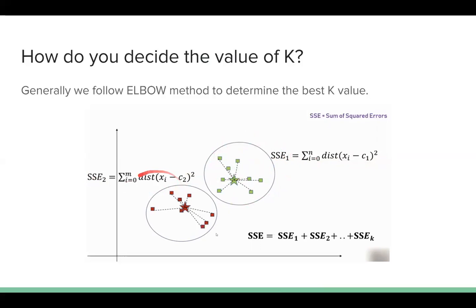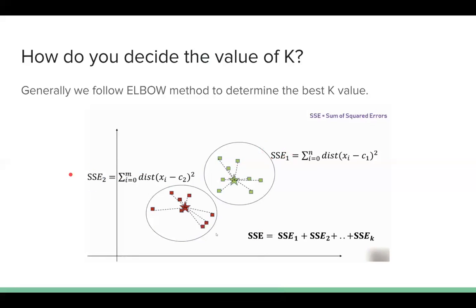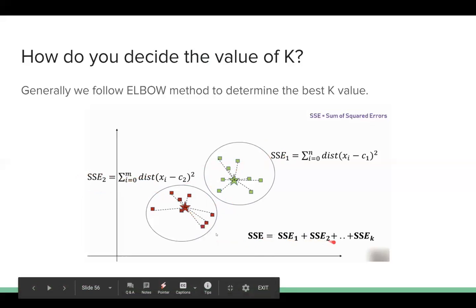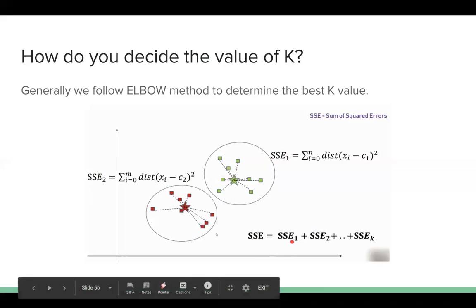Similarly, you calculate it for the other clusters also, right? Now, what is your total sum of the squared errors? It is the summation of this one and this one. So when you have only 2 clusters, your SSE will be SSE1 plus SSE2. Let's say you have 3 clusters, then your SSE will be SSE1 plus SSE2 plus SSE3. Like that, the general formula I have given is SSE equals the summation of SSE_i up to K. So if you have K clusters, you have to add all the sums of the squared errors to get the total error.